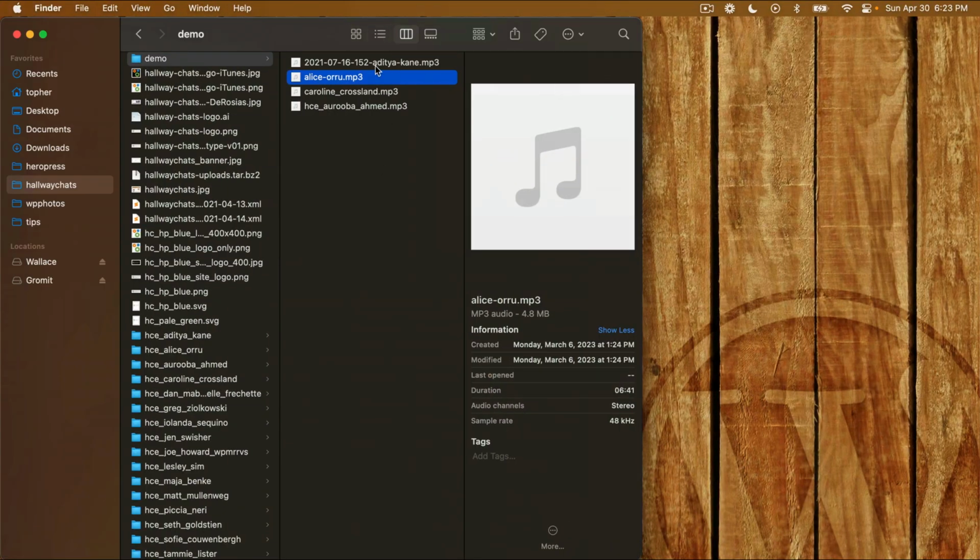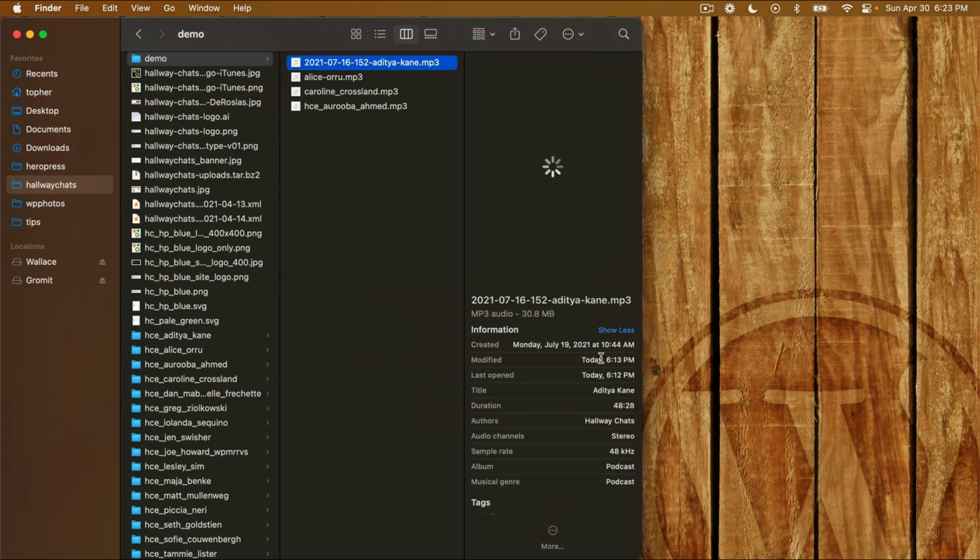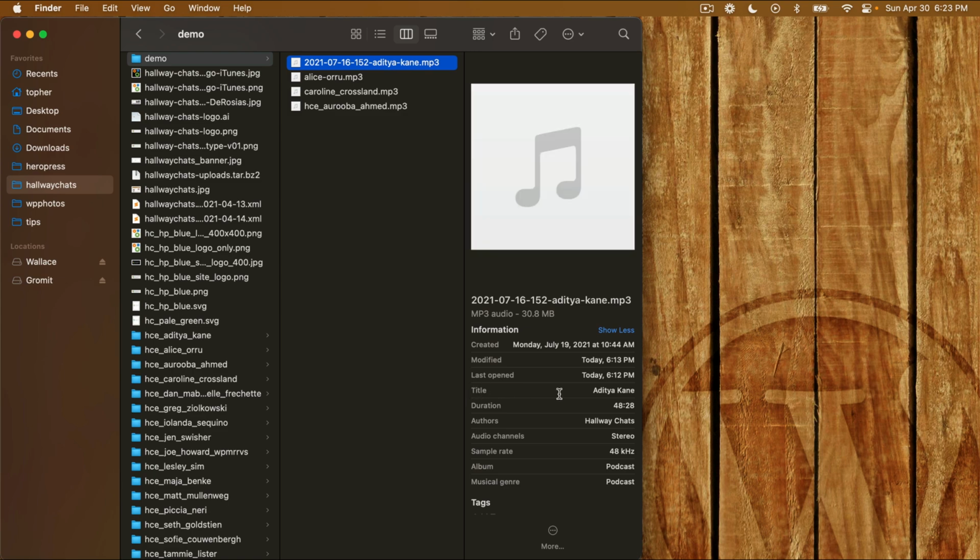Here I have a little folder with 4 MP3 files. These are podcast episodes. So I have Aruba, Caroline, Alicia, and Aditya. Now, I'm going to click on Aditya's here, and over on the right, you will see there's a field here in macOS in Finder for title, and another for authors.